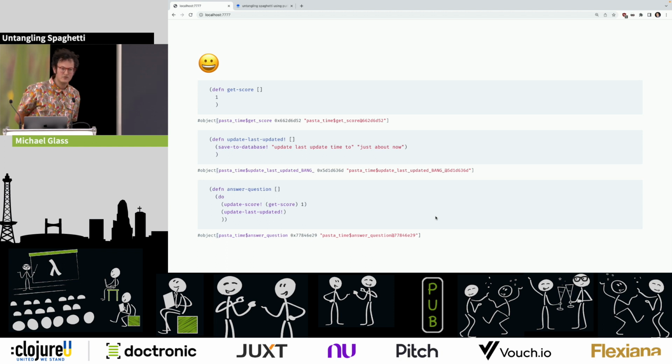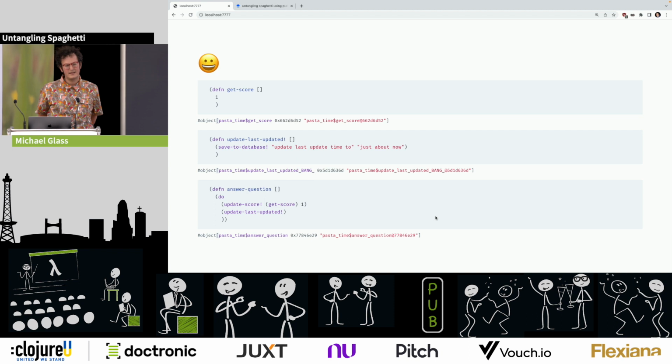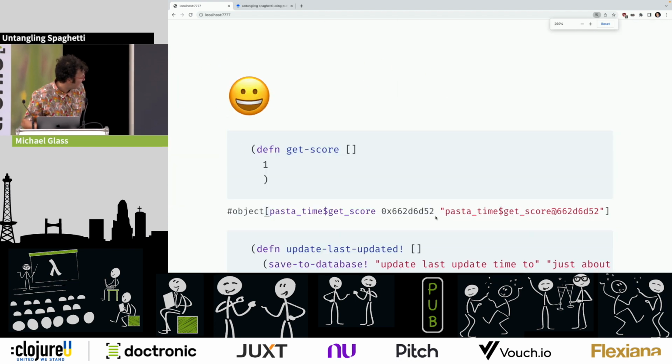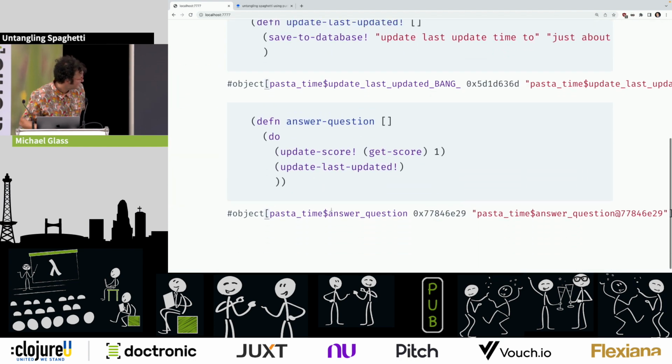So let's try to make pure code from our legacy code, which tends to have a number of hidden side effects. Let's make this much bigger. I am almost blind. I used to work at an educational company, and we would do a lot of answering of questions. Here's my contrived example. Excuse my Clojure, I don't know what I'm doing. We call a function called answer question, and it's going to